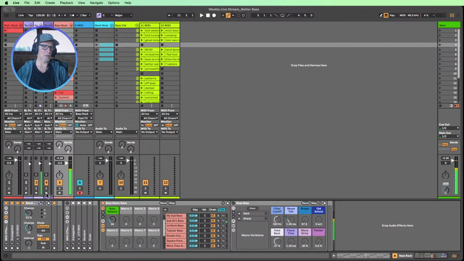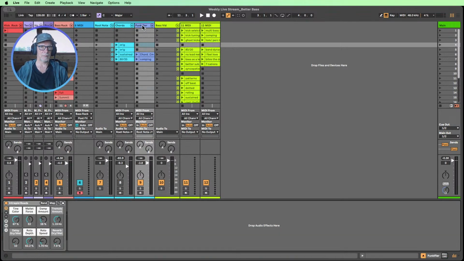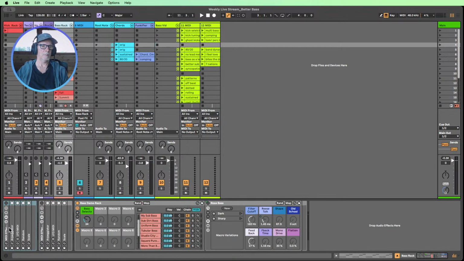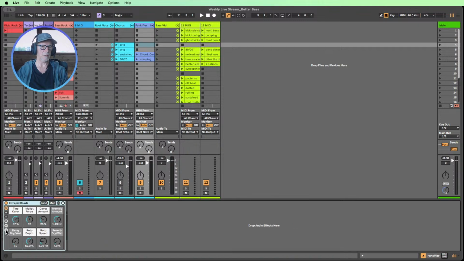So if you're just joining the stream and you didn't see me build that rack, rewind, check it out. Cool little rack. That wasn't my plan here though. That wasn't what I was planning to show you. I'll just make sure I've still got that rack over here. No, I don't. So I'm going to copy my original rack back over onto the Funkifier track, and we're going to delete the copy that I just built. And I can turn the Rhodes off. Won't be using that for now.